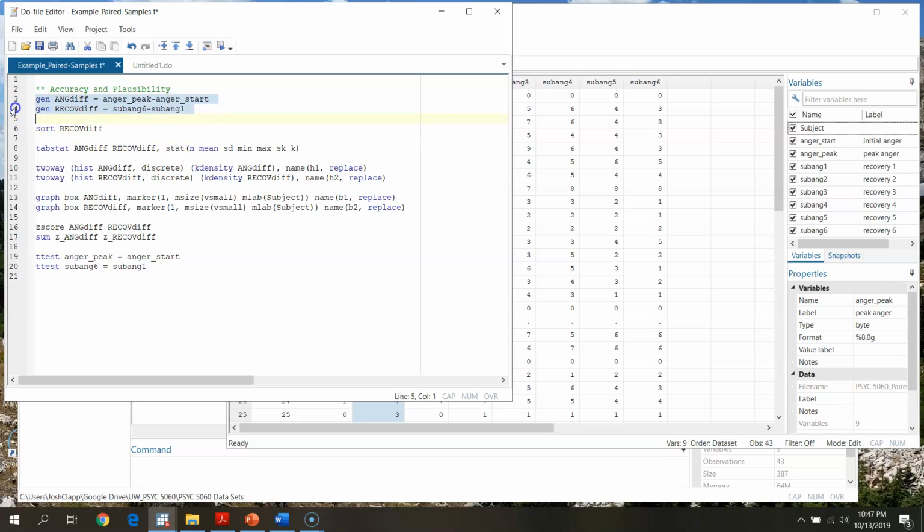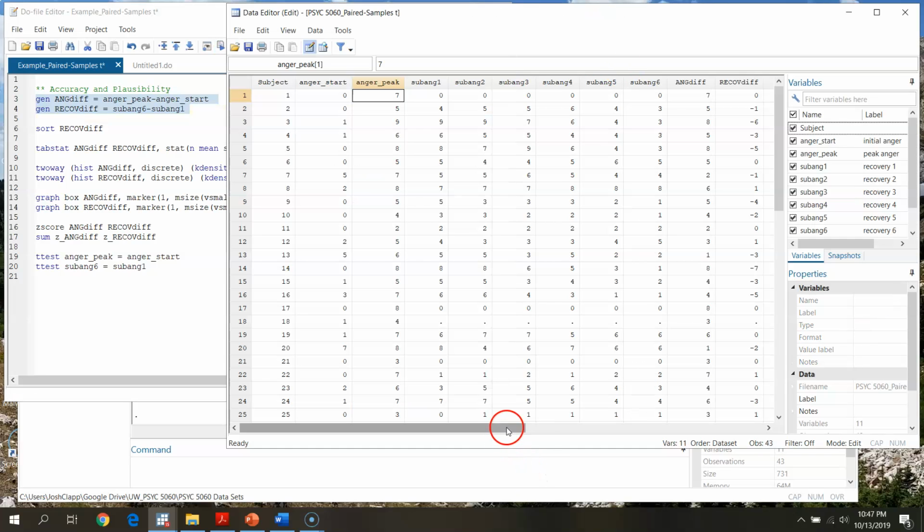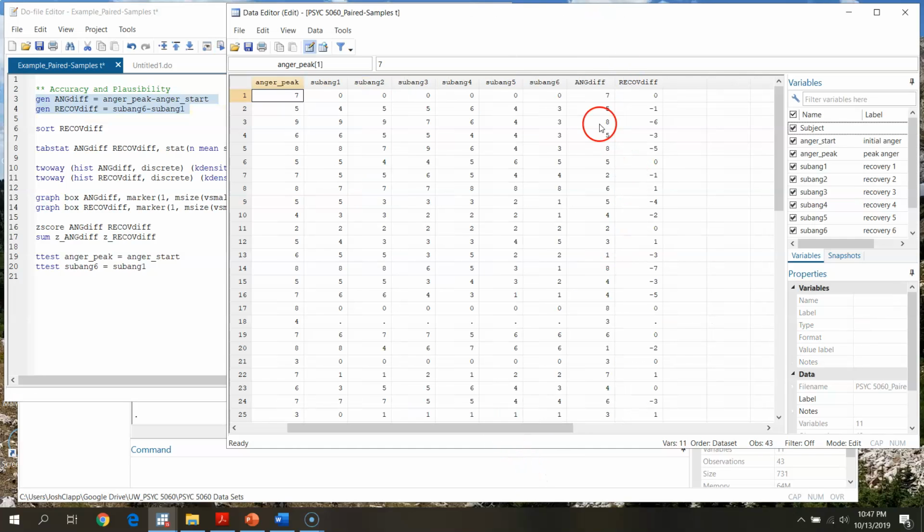So if I go through and run both of these, we'll see that I've now created a new variable, anger difference. This is the difference in anger scores from peak anger to baseline during the anger imagery. And here is the difference between our final anger rating and our initial anger rating during the positive imagery. So we're expecting this to be positive